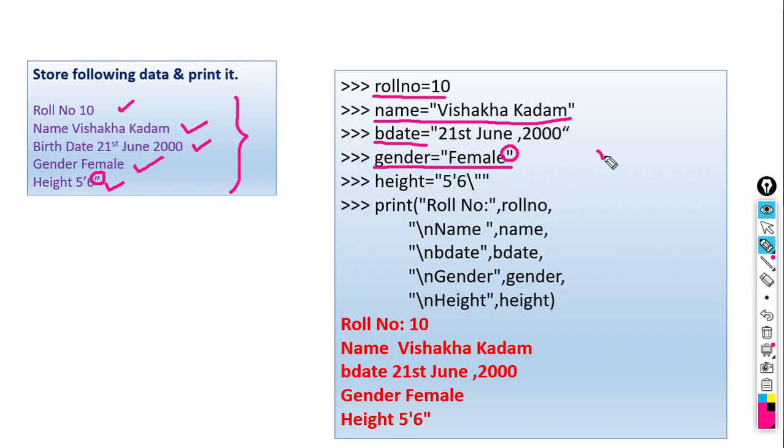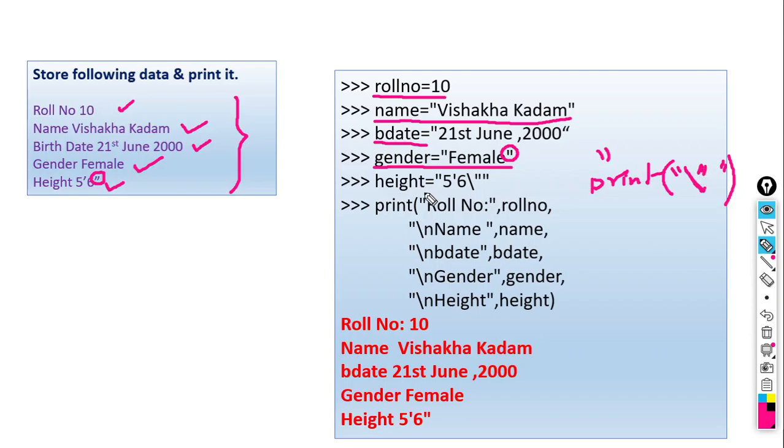When we want to print a quotation mark by using the print statement, you should write like this. Look here, print, then within quotation marks, backslash quotation mark, and then quotation mark. Backslash quotation mark means we want to print a double quotation mark here.